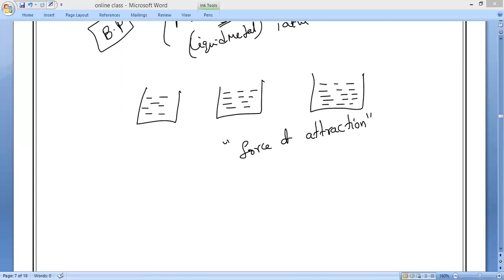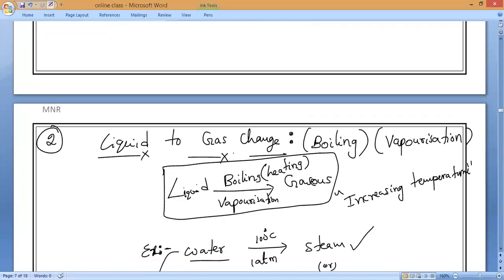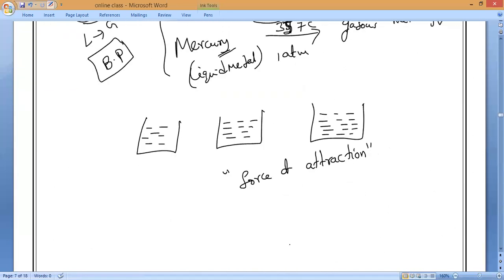So it will say that what? Boiling point measures the force of attraction between its particles. Please note it down, everyone. Liquid to gas change is called boiling or vaporization. Definition: the process in which a liquid substance changes into a gas